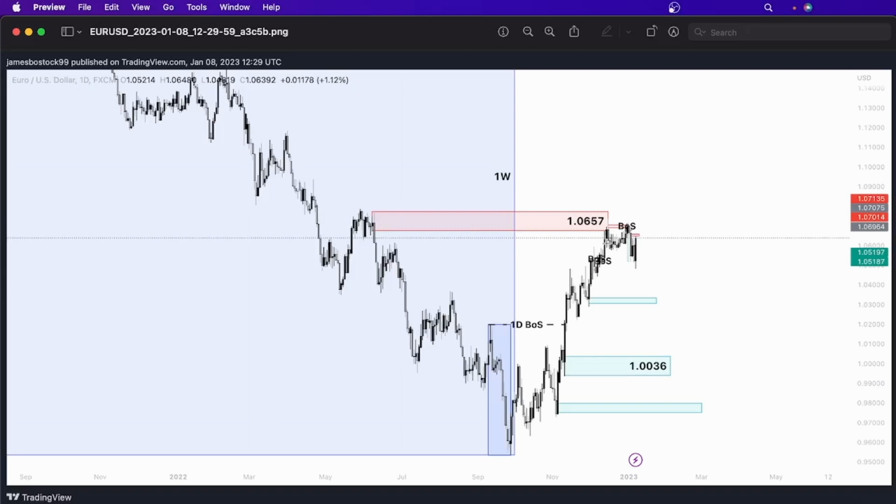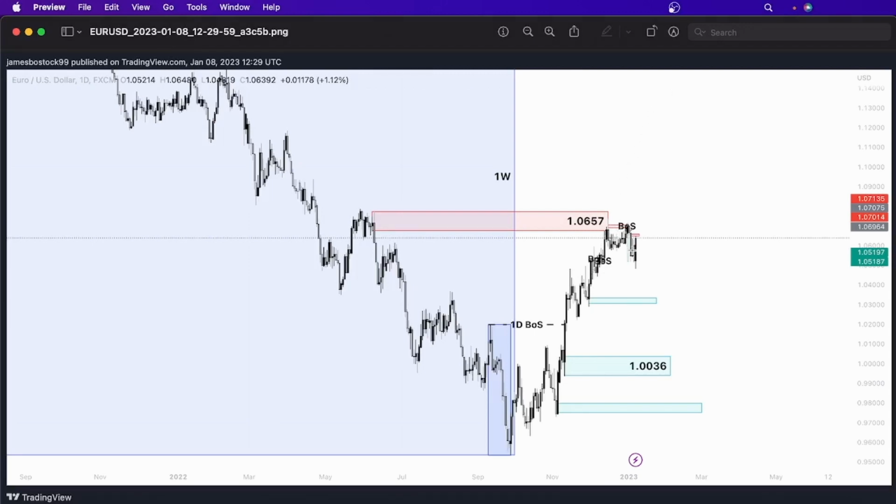The one thing we need to note first though is we obviously have a couple of demand zones lower. Now the reason why I've got those drawn out is because, as I said, we have some supply zones higher up. That is an indication that this correctional wave is not ready to be formed until we potentially have mitigated the zones higher up.